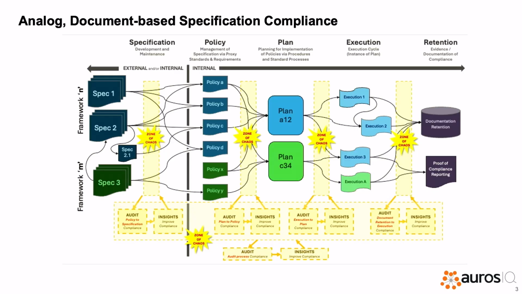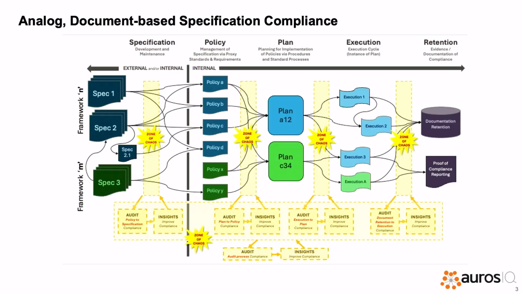And I want to point out, Darwin actually coined this phrase. Between each of these steps, you have these, what he called a zone of chaos. And that's that highly manual, highly error-prone activity, which per compliance, you're required to audit, right? And not only are you required to audit each of those steps, you're required to audit your audit process, right? You're required to make improvements on, are you auditing sufficiently? And are your audits surfacing the things that need to be done? And that adds a whole other layer of complexity and pain, I'd say, to the compliance process.